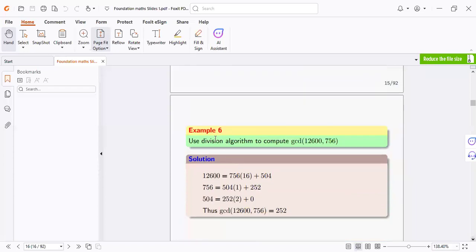Now, use the division algorithm, or somebody can say use the Euclidean algorithm, to compute this GCD. So just asking ourselves, how many times does 756 go into